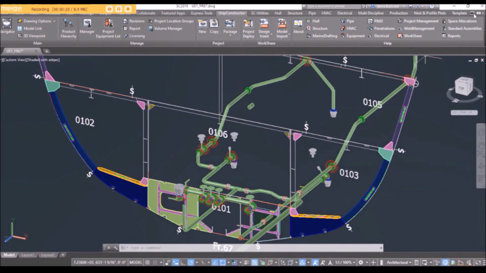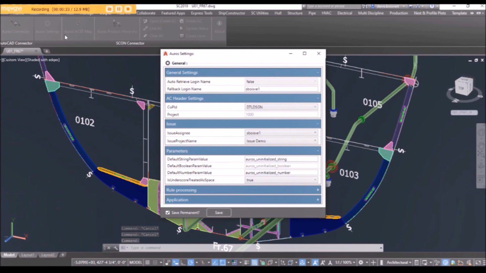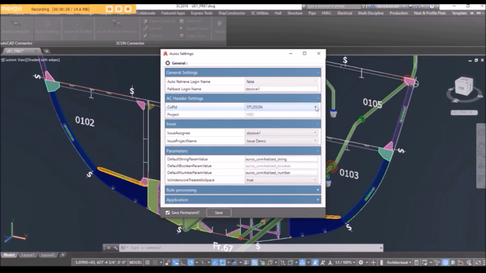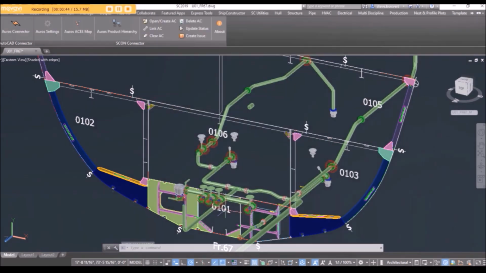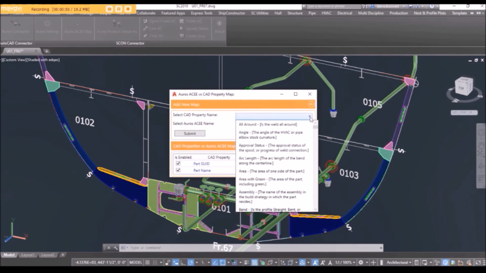So what we're going to see is how the Auros connector delivers, provisions knowledge in that workflow. And the first thing that the users do is they have to set up which knowledge they want to provision into the workflow. And for this, we define our knowledge source for detailed design. Another thing that they may want to do is to link certain CAD properties to certain Auros properties, which they can do here from this